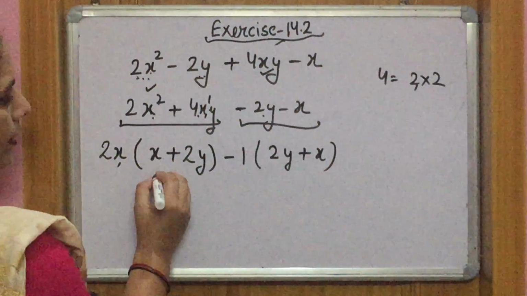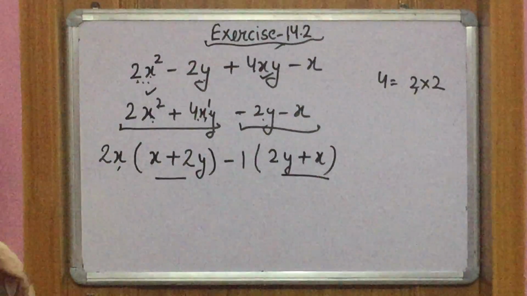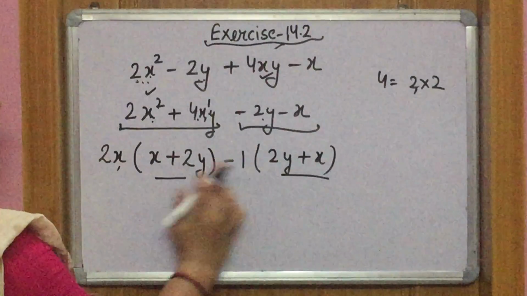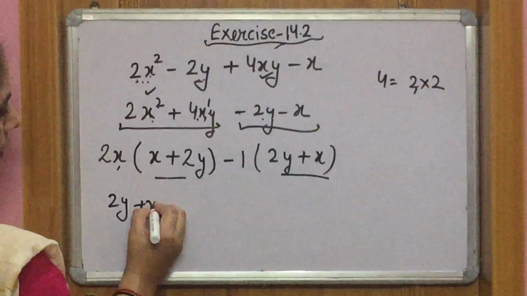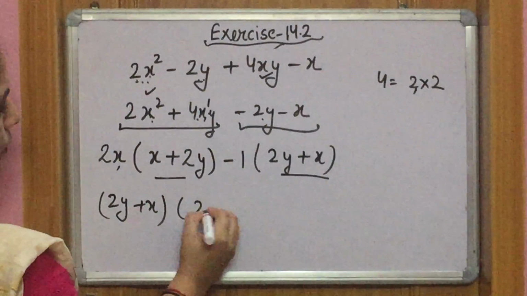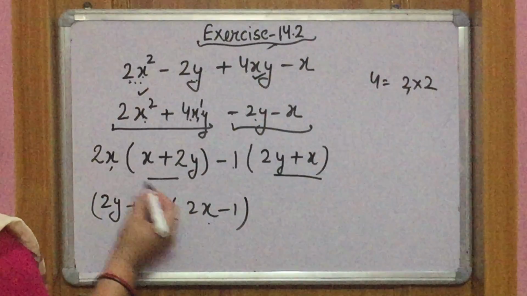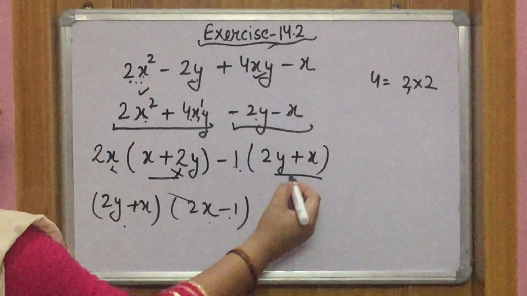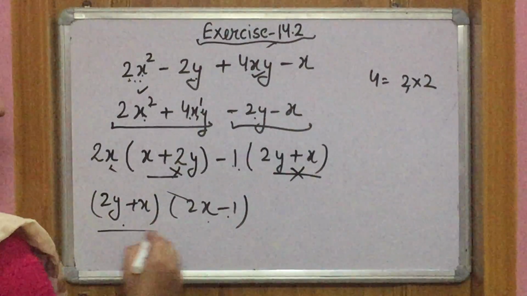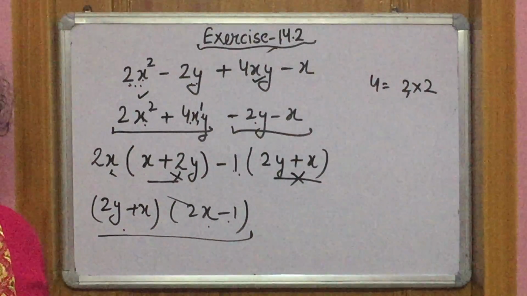Now we can see here again, order is different but the terms are same with the positive sign. That's why both of the brackets are same. We can take this bracket also as a common. Then in the second bracket we have 2x. इसको हमने कॉमन ले लिया है. -1 इसको हमने कॉमन ले लिया. This is the factor form of this expression. Okay.